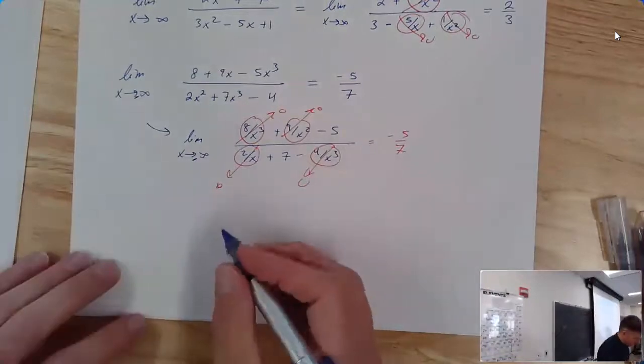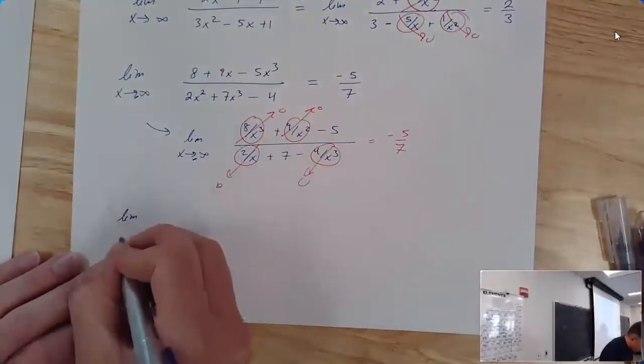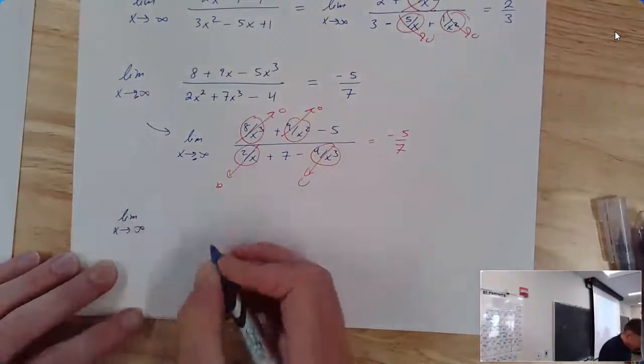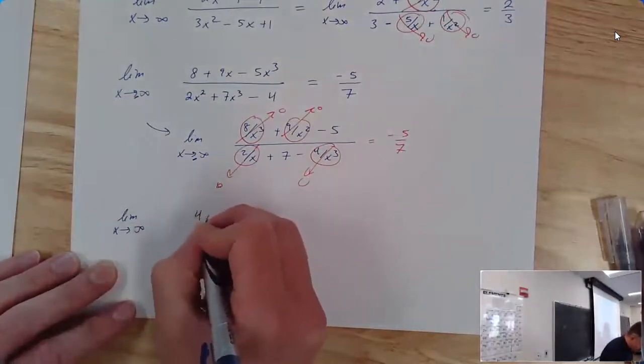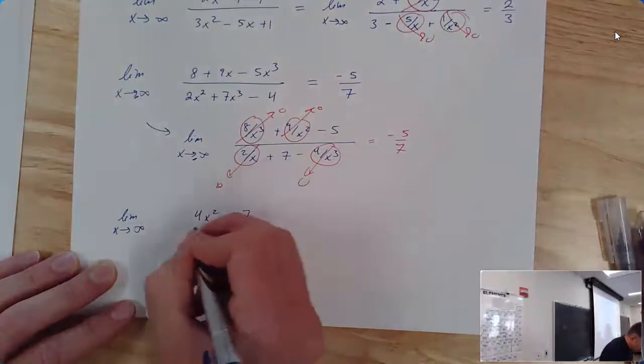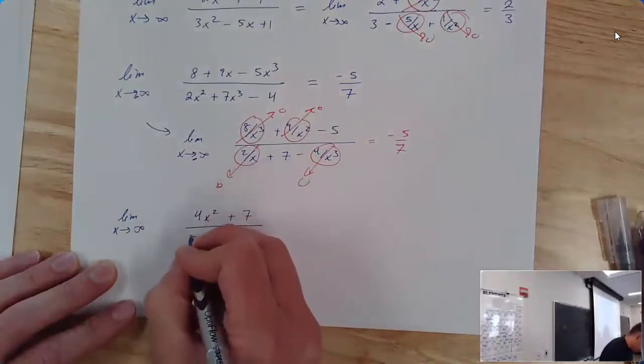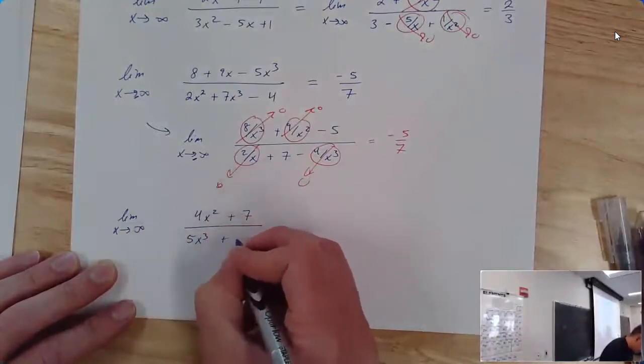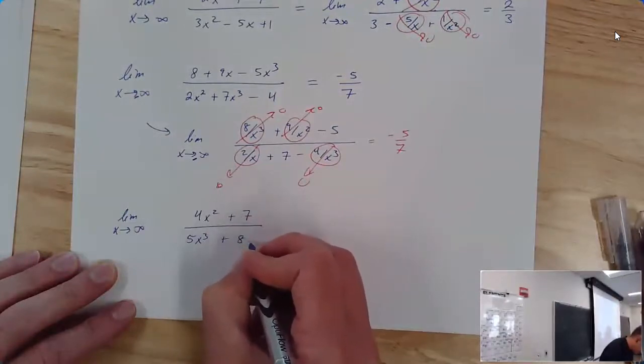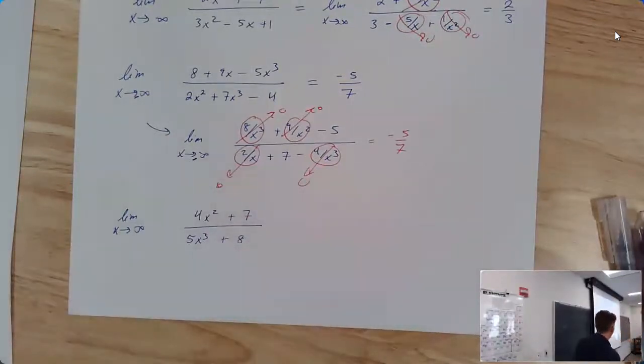Okay, let's look at at least 2 other examples. What if I want to find the limit as x goes to infinity of 4x squared plus 7 over 5x cubed plus 8? I'm going to tell you right now, the answer is not 4/5, because the degree on top and the degree on the bottom are not the same. So the shortcut way of answering this is saying if the degree on top is less than the degree on the bottom,